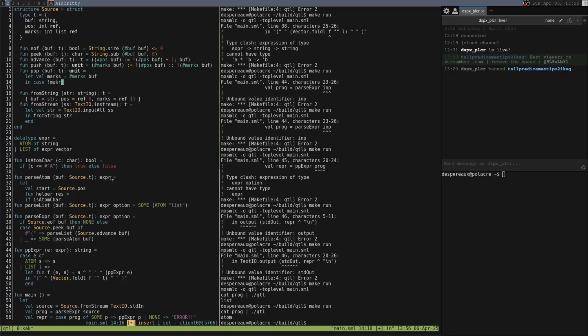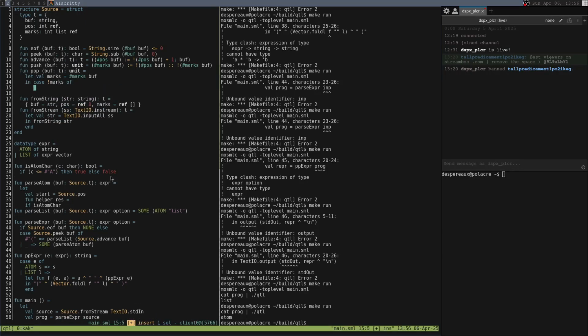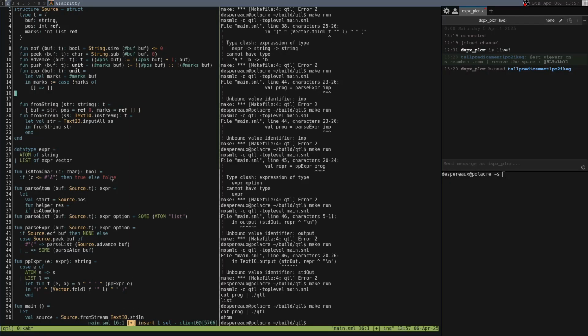In case marks of empty, this should be case marks of empty. No, I don't think standard ML has the offside rule. I think it just is unambiguous how you parse standard ML. So I don't think we need to worry about the indentation. In this case, you can stay like that. In